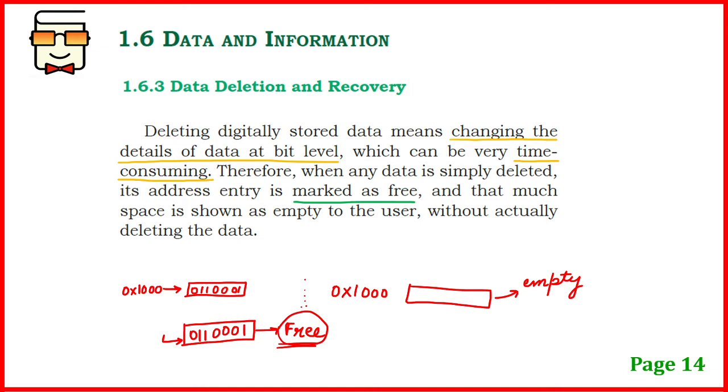So when you are searching for a memory location that can be used to store new data, you check these flags or markers, and if a particular memory location is marked free and enough space is there to store the new content, then you store it in this memory location. The main point to remember here is data is not actually erased or deleted or removed from any memory location. The location corresponding to that memory address is marked as free, and the next time new data has to be stored, it is stored in the locations that are marked as free.